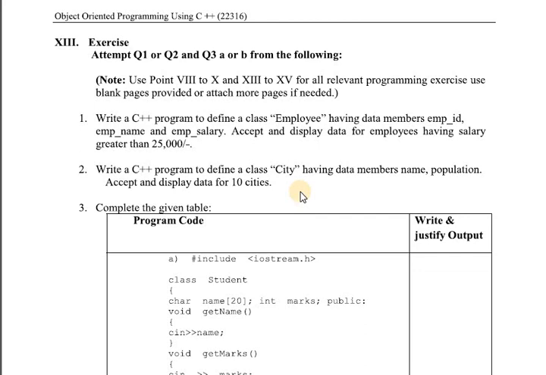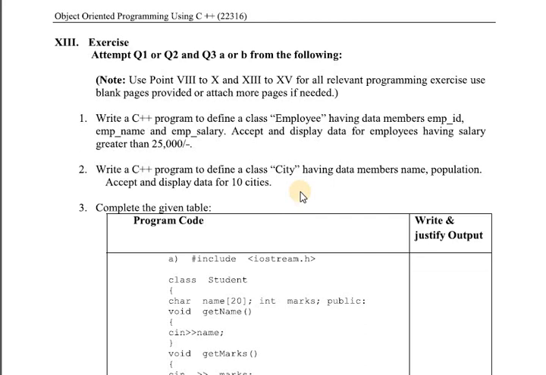Then in the display function, here is the condition, that is only employees having salary greater than 25,000 is going to display. So for that purpose, we can use the do while function. So do in bracket E of I dot display semicolon.